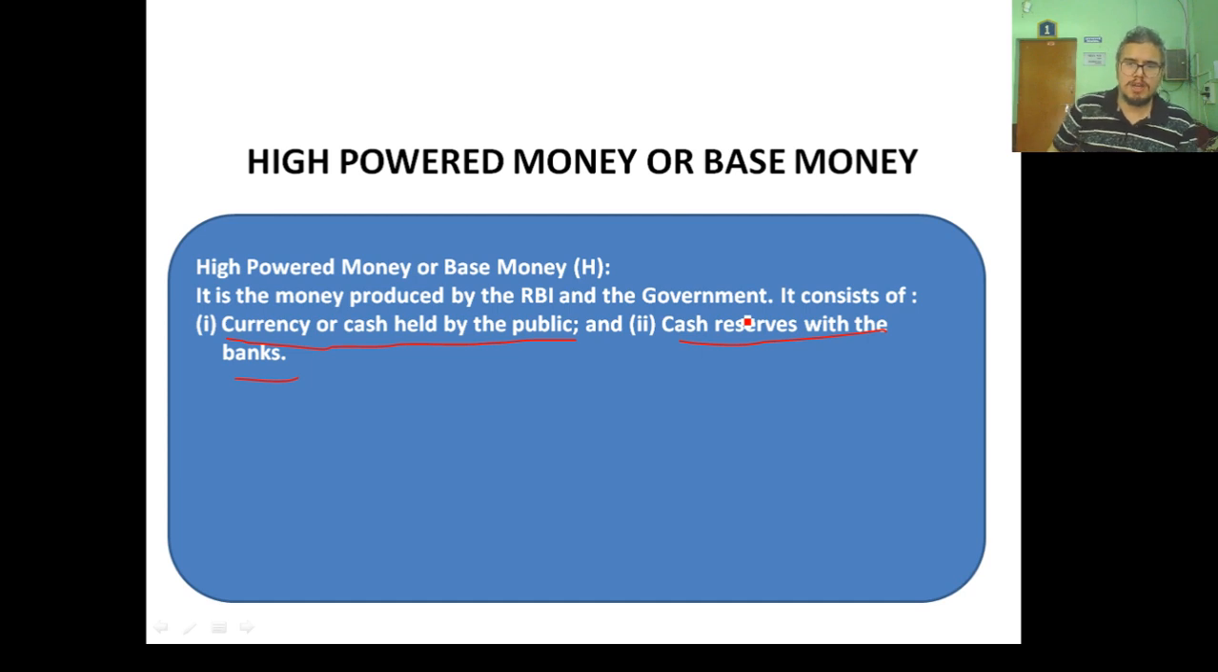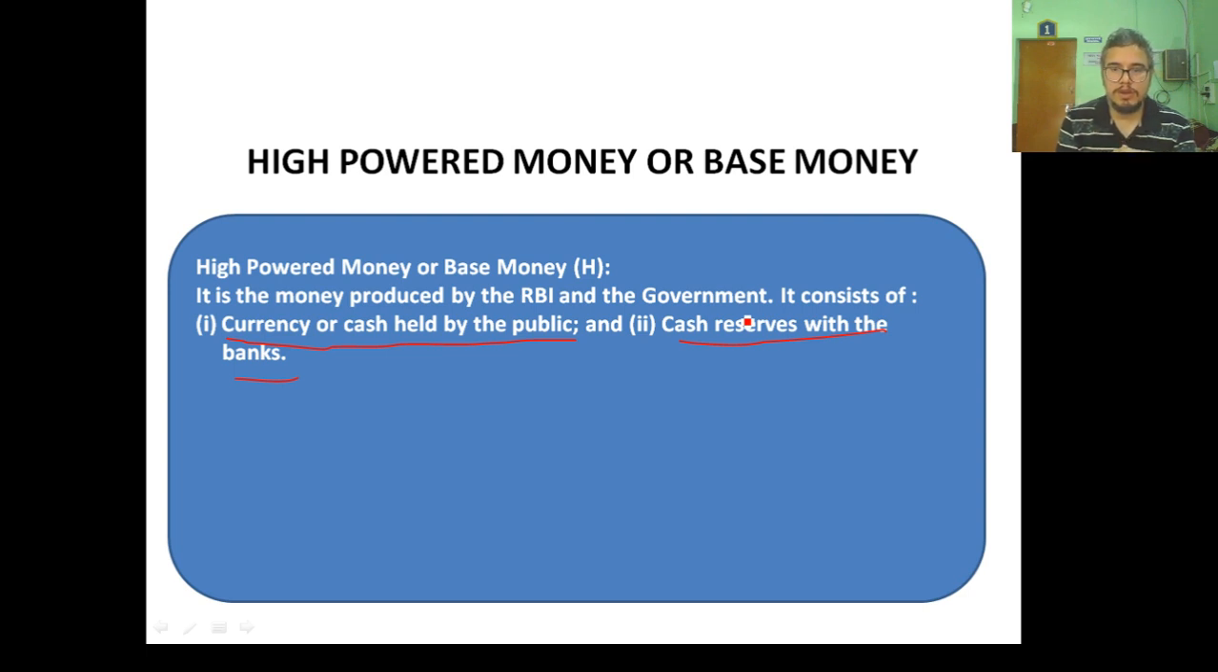reserves with banks means. All the commercial banks like State Bank of India, Punjab National Bank, ICICI, Axis, etc., have to keep a certain amount of cash from their deposits with the RBI. It is known as CRR, cash reserve ratio, and they also have to maintain a certain amount of cash reserves with